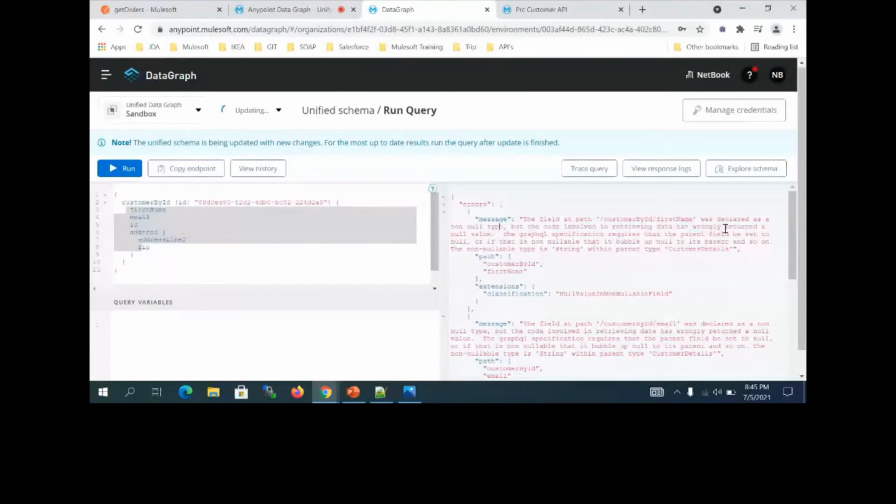That means it's not returning these elements, but in my response, whatever I defined in my RAML, this is mandatory, but it's not going to give you the exact error. But okay, I will show one thing over here. That is the error data type actually.